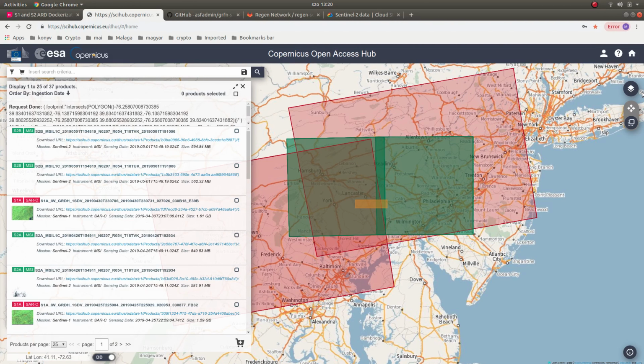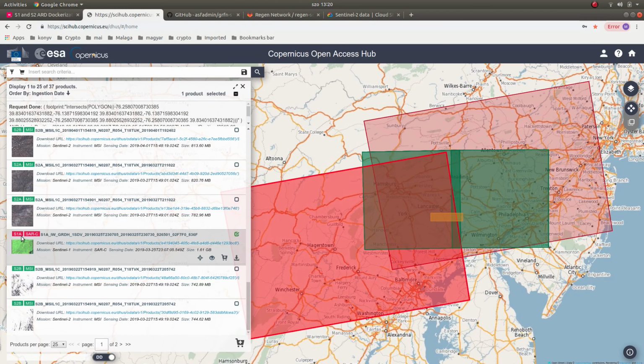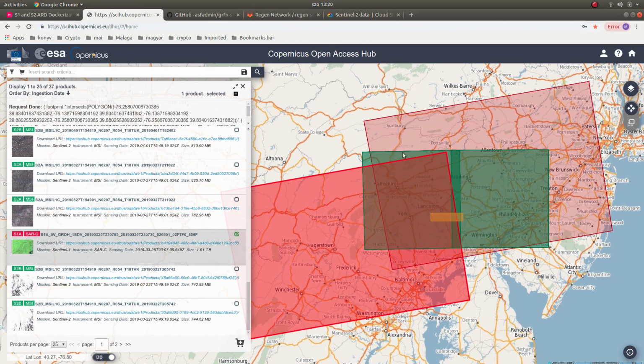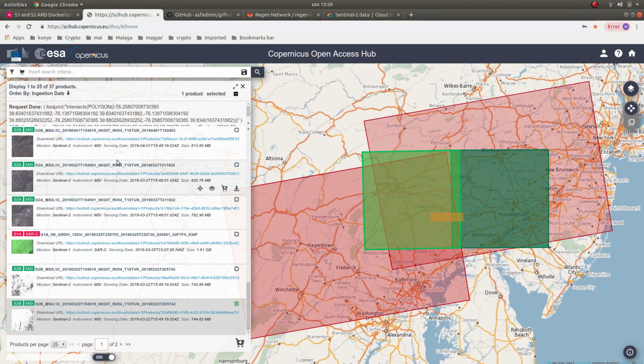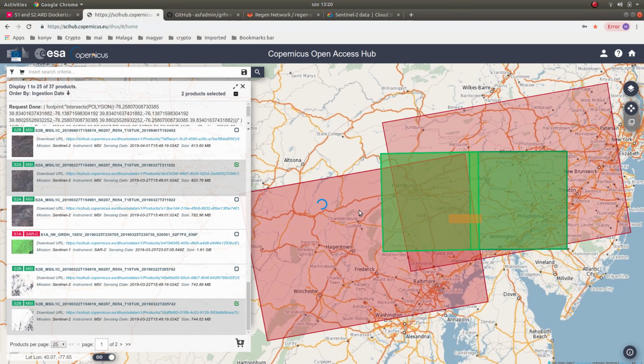So the red rectangles are Sentinel-1 synthetic aperture radar data products. Here we are. This is just a visual quick look at the data product. And then the green squares are Sentinel-2 data products. I want to access a quick look. Anyway, so the Sentinel-2 tile